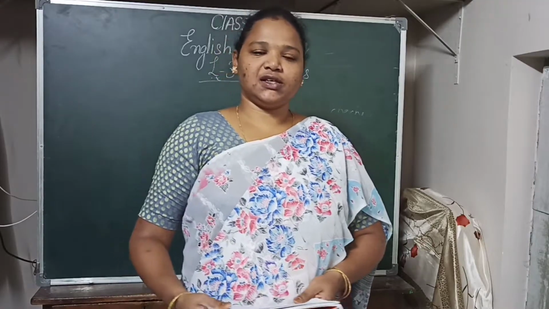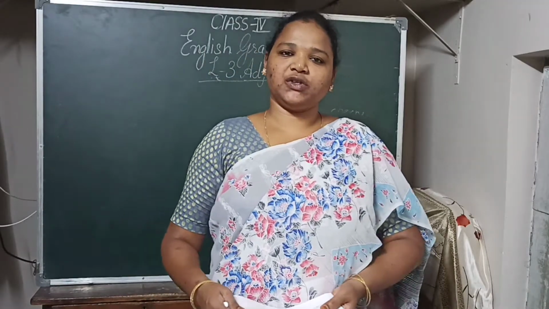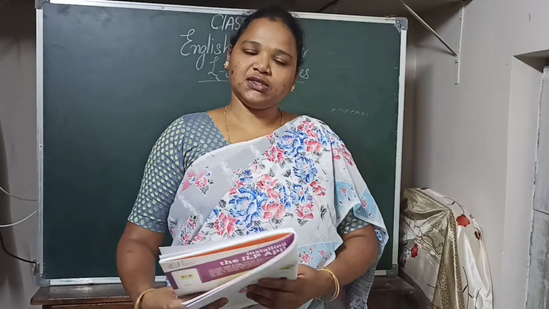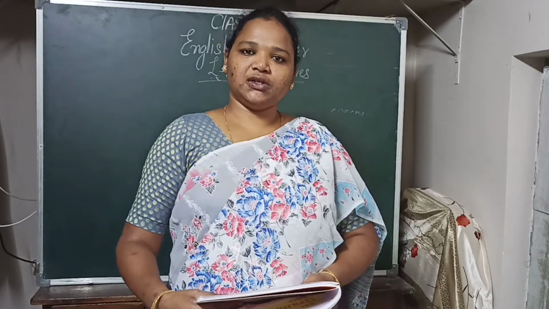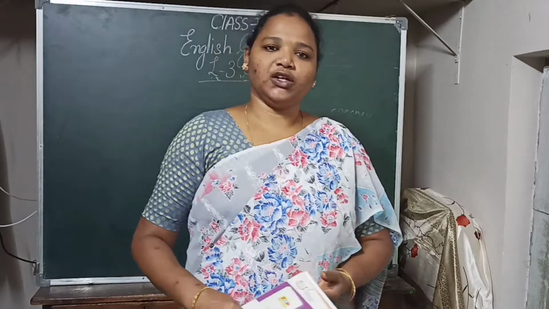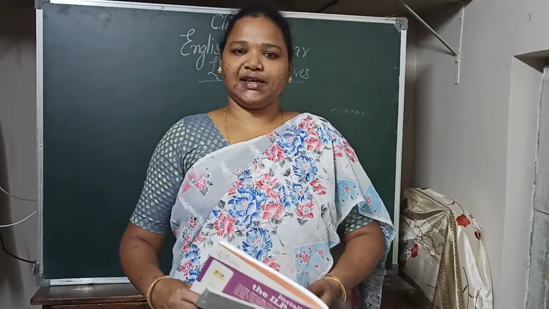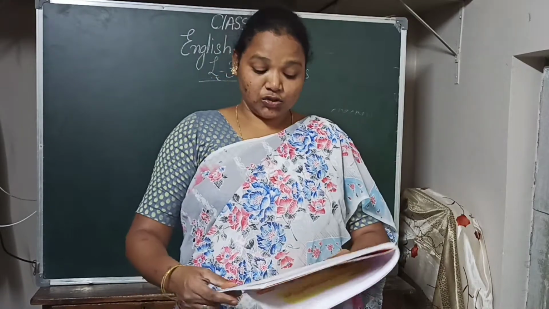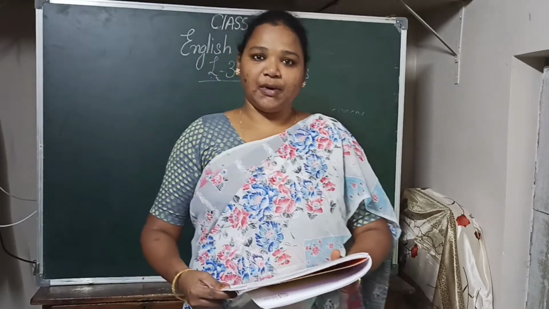So today, 4th class children, I will teach English grammar, the remaining part of the third lesson, that is adjectives. The last topic which we discussed in that class was about ordinal and cardinal numbers. Cardinal numbers means numbers which we can count, and ordinal means the positions which are given, like first, second, third, fourth, like that. Okay. So the next topic which we will learn in this class is degrees of comparison.